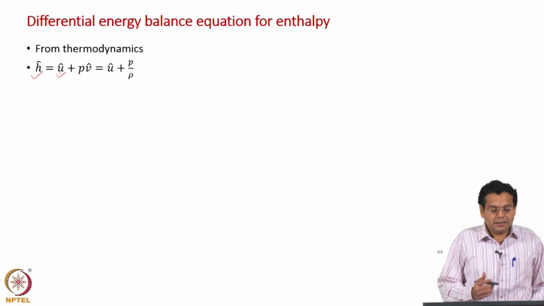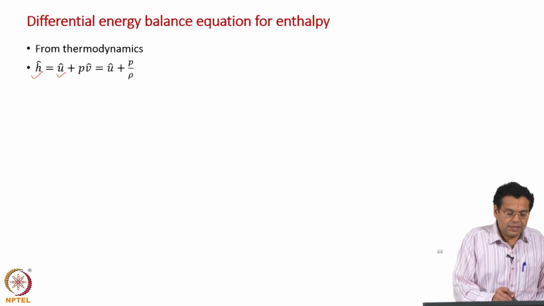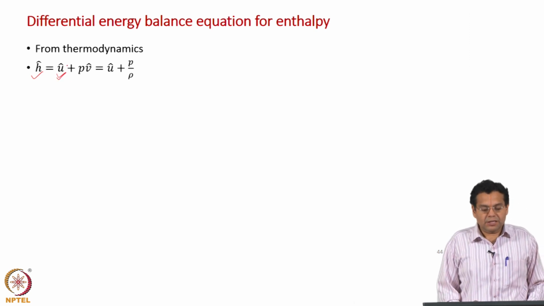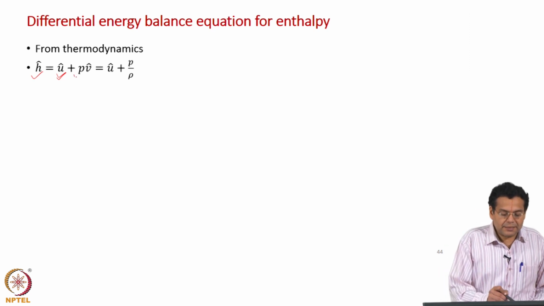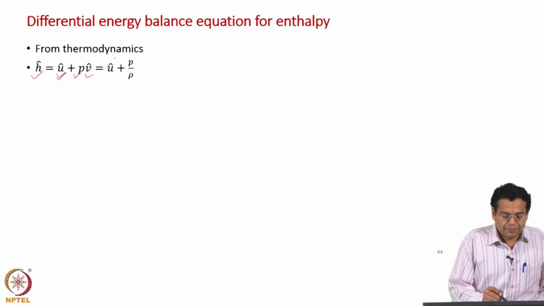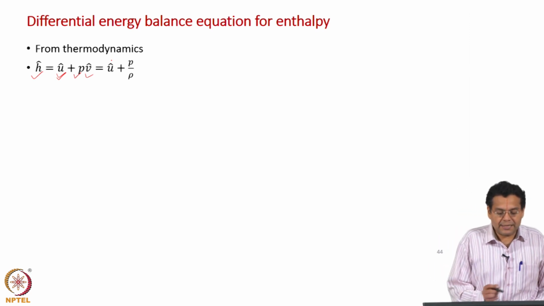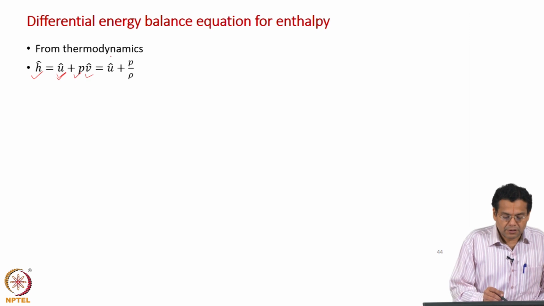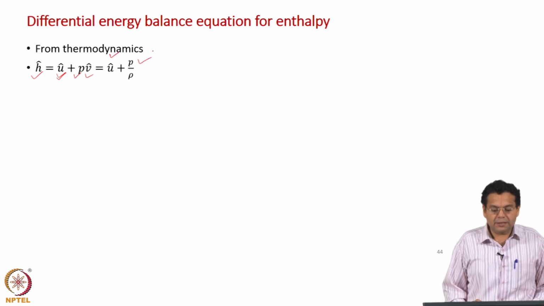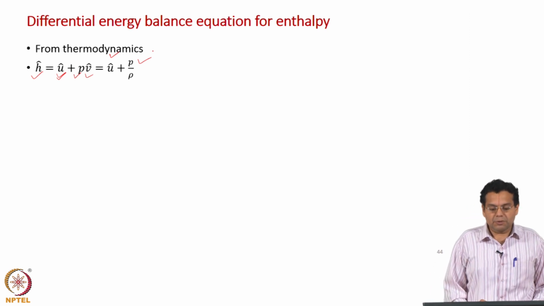I would like to mention, H cap represents specific enthalpy. Okay. So, it is on a per unit mass basis. Of course, internal energy U cap we know is per unit mass, and then pressure and volume V cap is also per unit mass basis. Okay. So, we have been working in terms of rho, so we will express the right hand side in terms of rho. So, we have U cap plus P by rho, V cap is 1 by rho. Okay. The specific volume is equal to 1 by density.